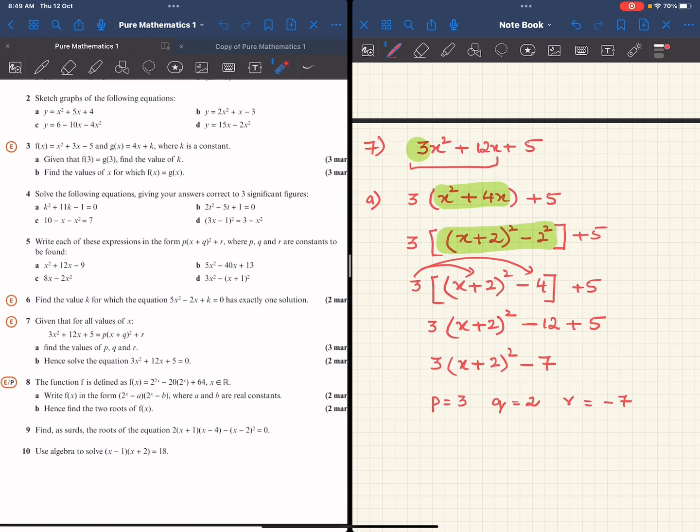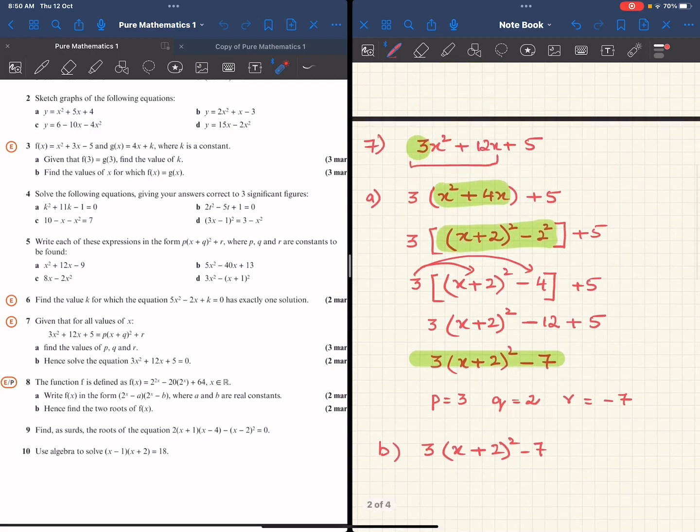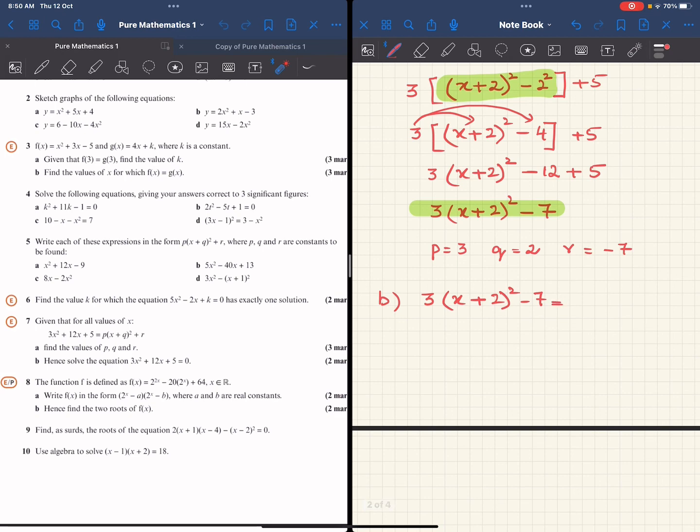Part B says hence solve the equation. So when we say hence solve, that means we need to start from the answer of part A, and that should continue to part B. So I write the answer of part A, 3 into x plus 2 the whole squared minus 7. And if I have to solve the equation equal to 0, this equation equal to 0 is my question. This is equal to this, so I equate this to 0. So I have equal to 0, and then I write 3 into x plus 2 the whole squared is equal